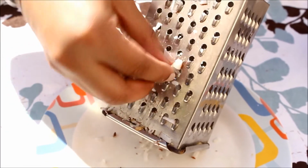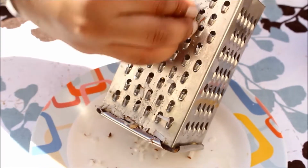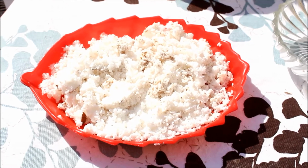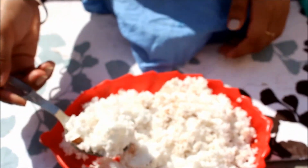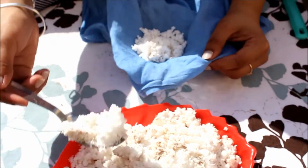So I'm just grating the coconut on it, and this one is quite time consuming. So if you want to save your time, you can definitely go for the coconut scraper, but this one is also perfectly fine with it. So this is how it's going to look like. It's from a full coconut, and then I'm just going to take 2 to 3 tablespoons of this coconut